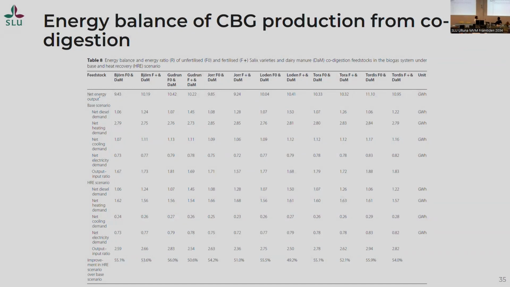For the different varieties. Yes, I mean, there is not a huge difference in the energy ratio because the system which handles this is the same for all of them. There is a slight difference in the cultivation depending on how much yield it produces, because then you produce more or less biomass. We did not do a sensitivity analysis based on this energy ratio, but I would say